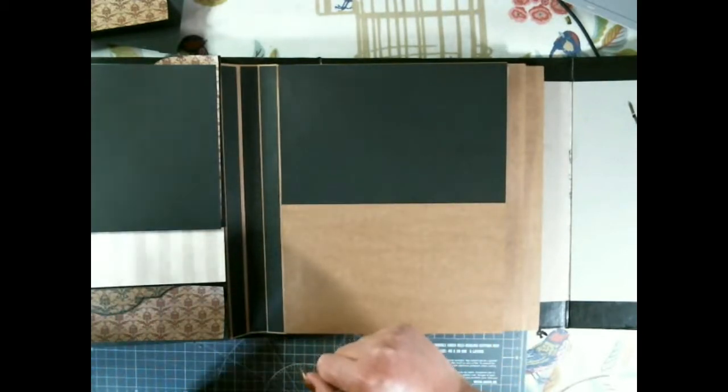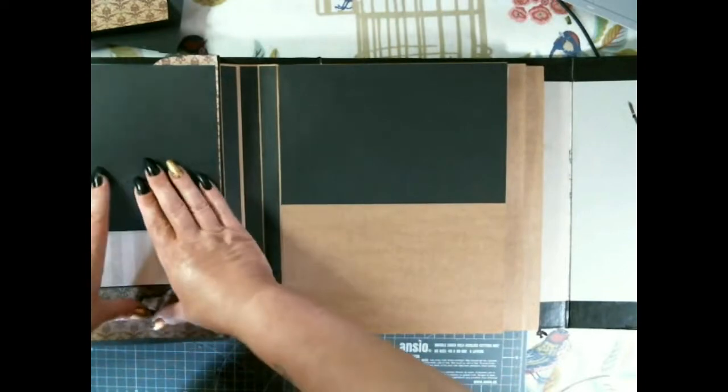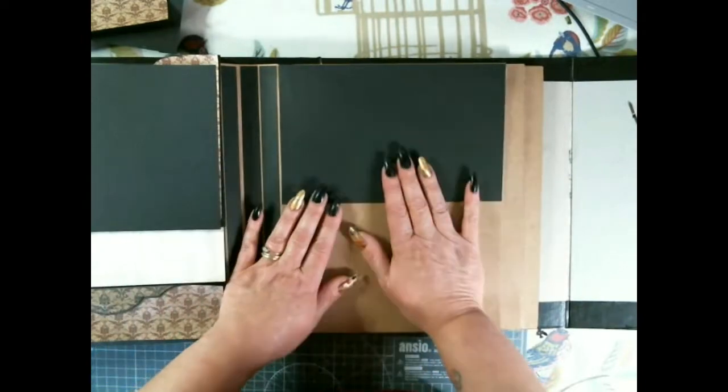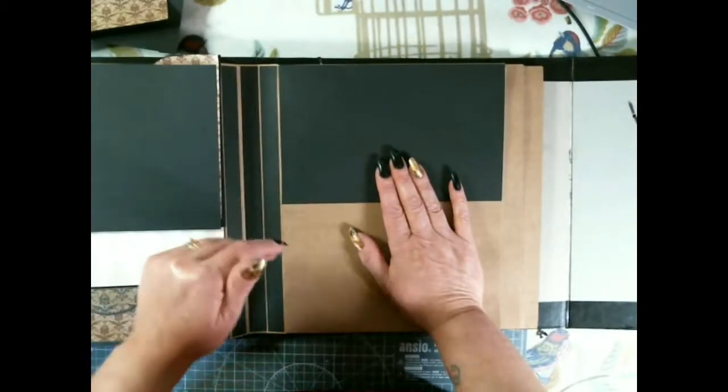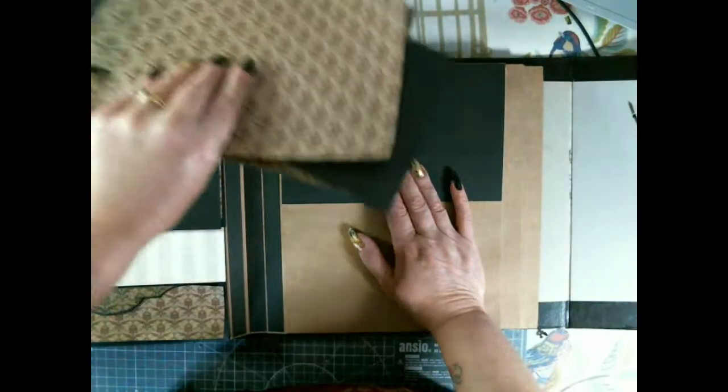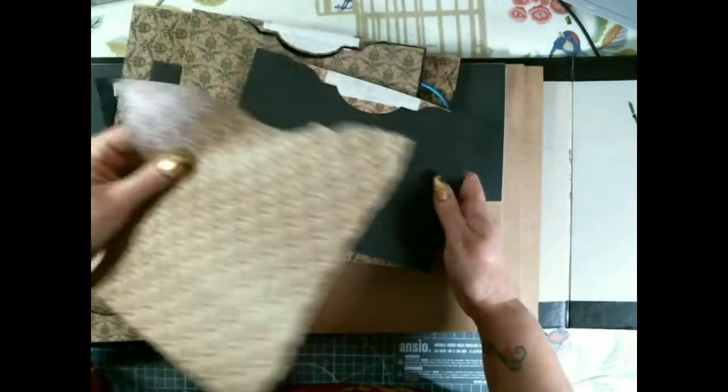Anyway, on to pages 1, 2, 3, 4 and 5. Page 4 I've almost completed. I wanted to see how I could put it together, what the easiest way would be. So I'll go through page 5. It's quite simple. I have got pieces cut out already because I wanted to...